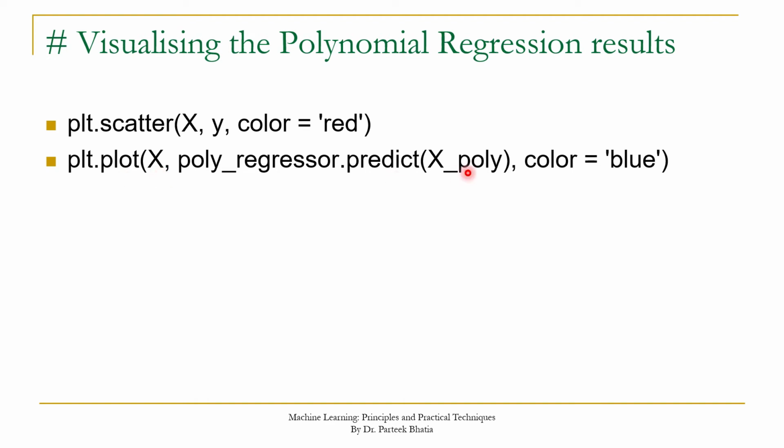In order to get the predicted values, here we are invoking the predict method of poly_regressor object. We are passing pre-processed values of our independent variable, that is X_poly. In order to predict the values, we have to pass independent variable values processed up to polynomial form. Here X poly contains the pre-processed values of X up to degree 2.